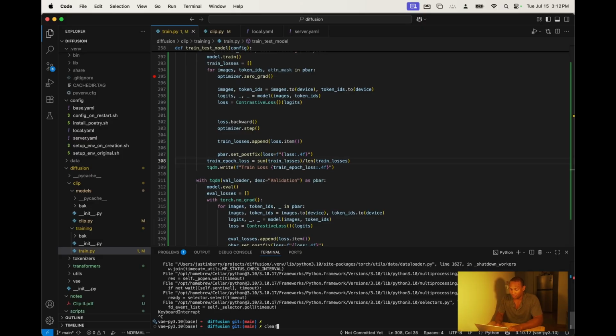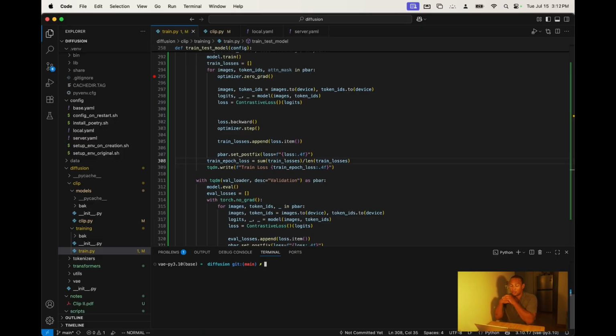I did a few training runs on RunPod, and I could never get it to converge to a number that's below the value that signifies it's training better than random. So I can never get it below that number. So it's just because, I mean,